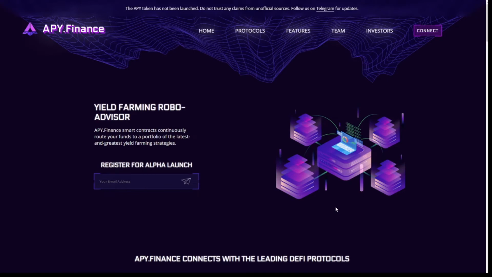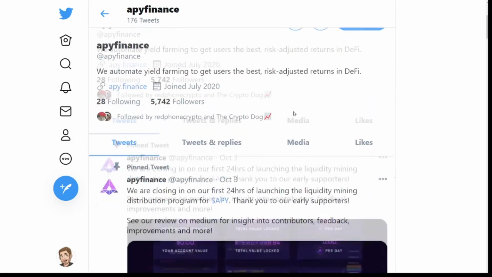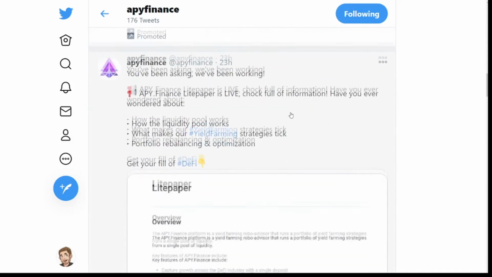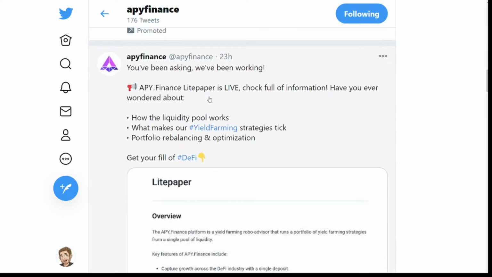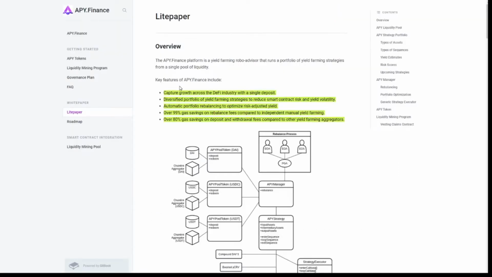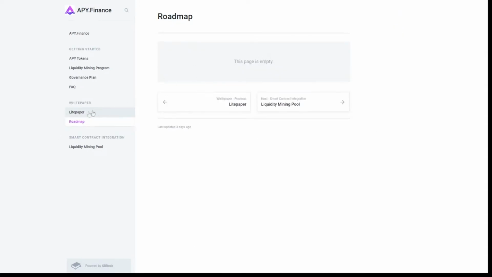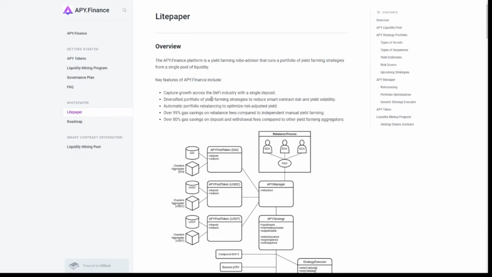Another thing that I'm missing on this page is definitely the white paper. However, if you go to the Twitter page and you look at today's post, then you will notice that they posted the white paper. By visiting docs.apy.finance, you will get all the information you need. I do have to mention that I hope, and also put this in a Twitter comment towards them, that they put a link to the light paper on the website as well, because that is the first point of contact. Additionally, the roadmap is not online, and information about the token is also not online, so I assume they're still working on it. So far, it's only the light paper.